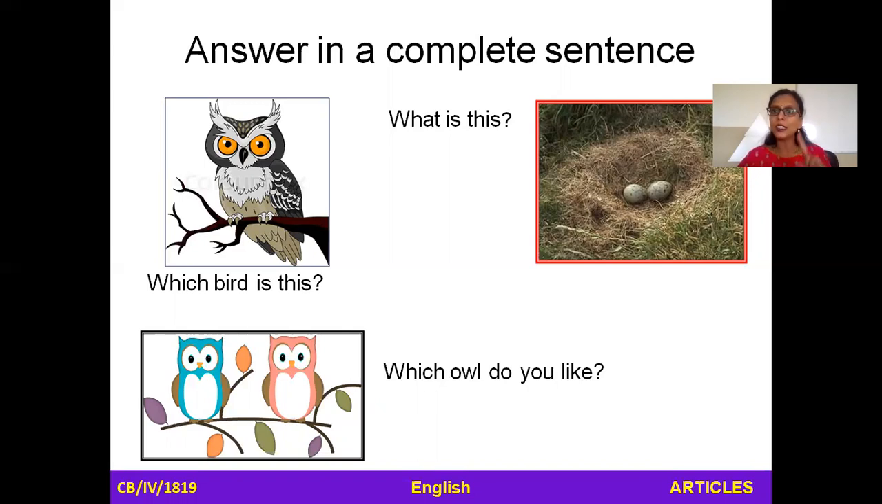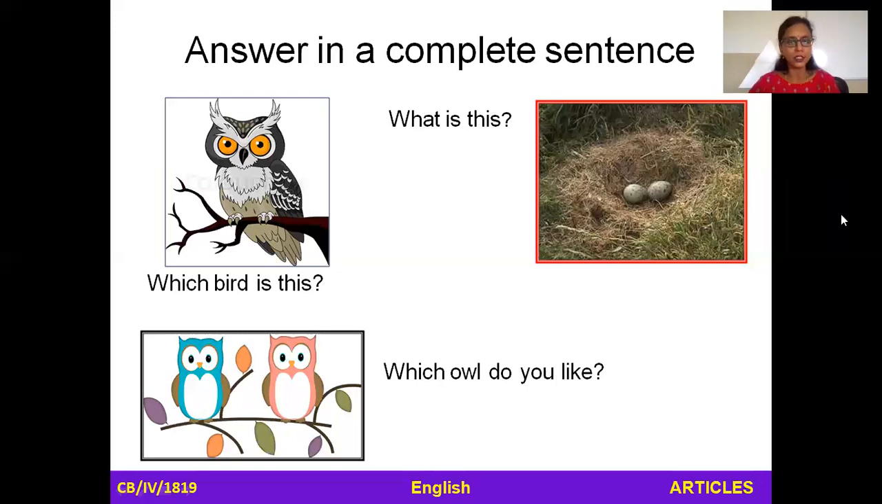Now, all these three sentences, these three answers had articles in them, right? A, an and the. Yes, children. Today, we will be learning more about articles. Okay? So, how many articles are there in English? There are three articles. That is a, an and the. Okay? So, now